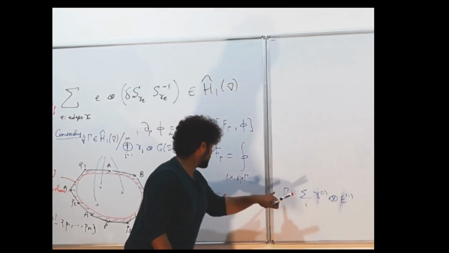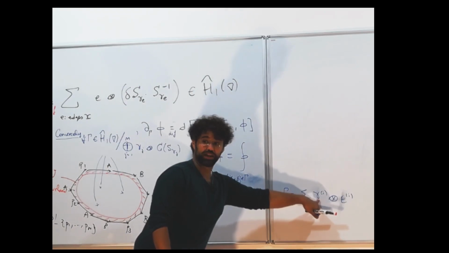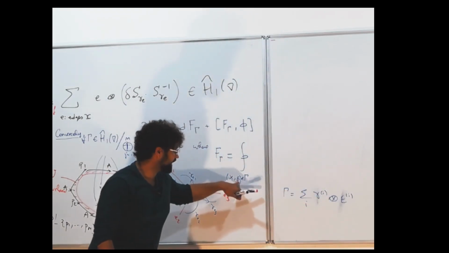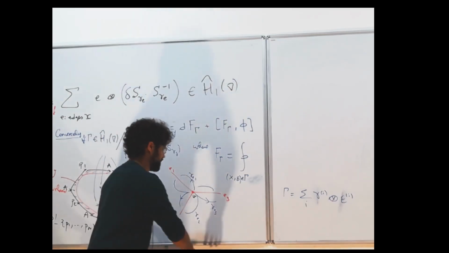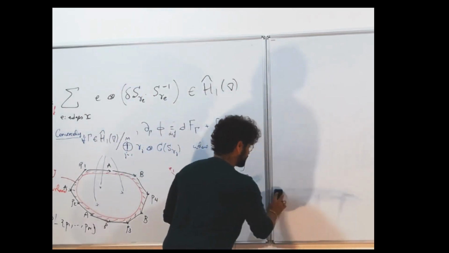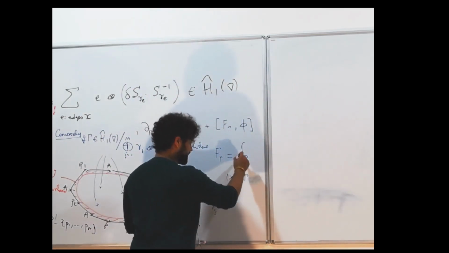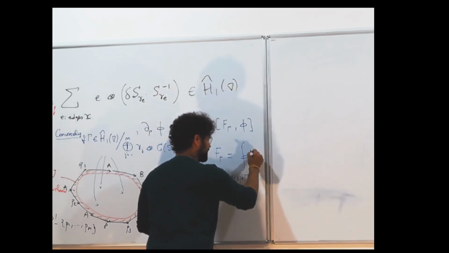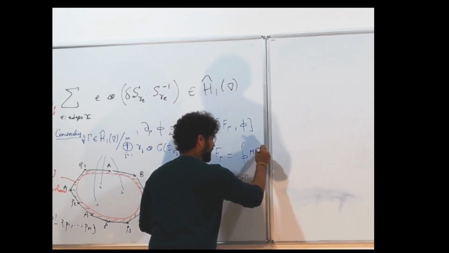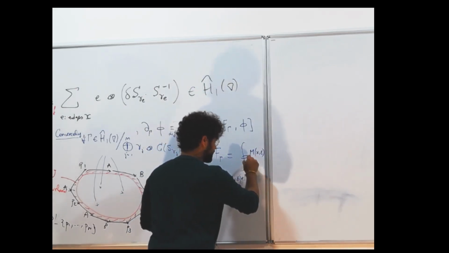Okay, then if little x belongs to that chain here, then the corresponding e has to be the e i, the corresponding e i. Okay, and then f gamma is the integral on this one of m of x comma e